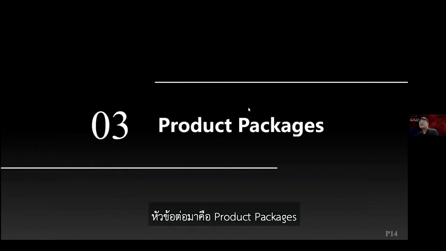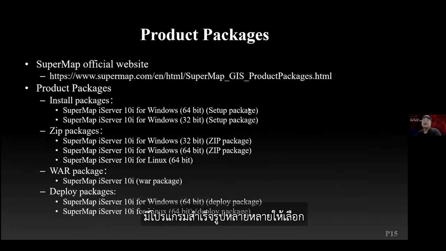All right, and next is the product packages. There are different packages of iServer. First, we can download the product package from this URL, and there are different types of package, such as the install package, which is the full version, the setup version. If you don't have any other SuperMap products, you can use the setup package of iServer, because when you install the iServer,